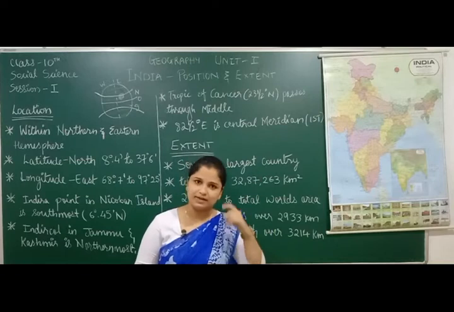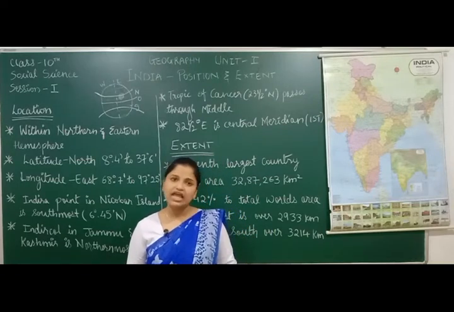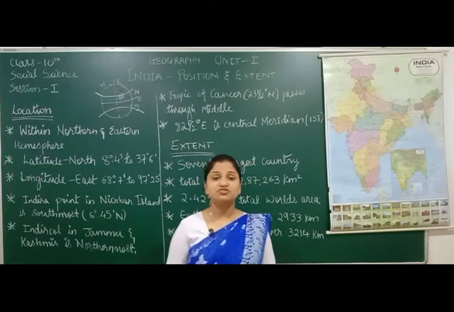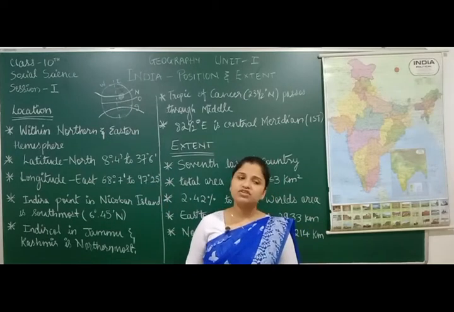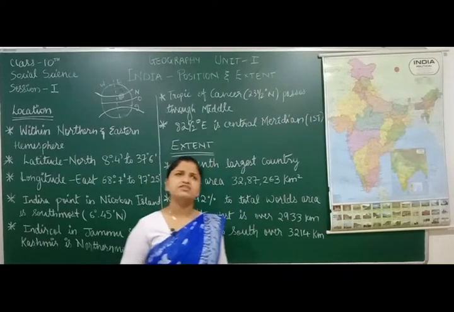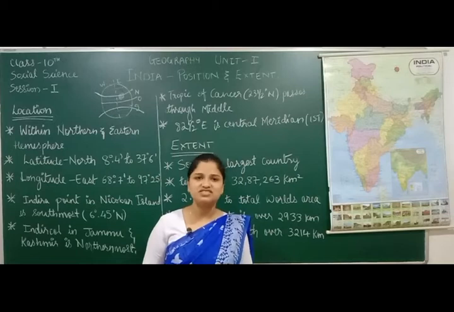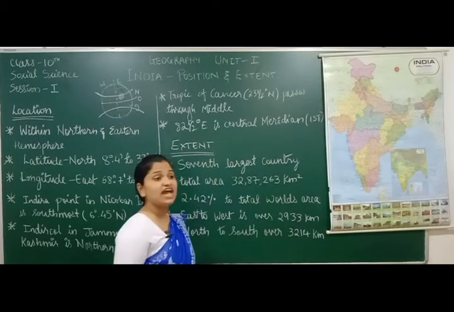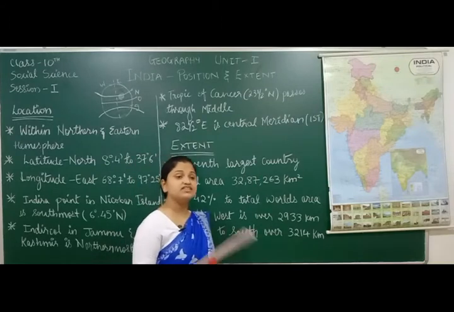That standard time we have for the entire boundary of the country. Now, why do we have one standard time for the whole country? Isn't it much better if we have one standard time for the whole country? That's so much better, right? If the whole country has only one standard time, there's no confusion. No matter in which part of the country you are, the time will be the same. There is no time difference in our country, which is because of this IST, Indian Standard Time. How do we decide the Indian Standard Time?